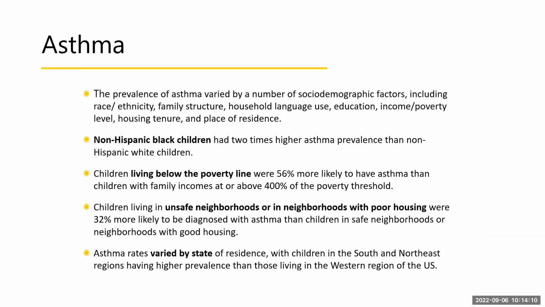And here's another little example, asthma. Non-Hispanic Black children have a 2 times higher asthma prevalence than non-Hispanic white children. And below the poverty line, you're 56% more likely to have asthma. Unsafe neighborhood, more asthma. And it varies by region. Children in the South and the Northeast have a higher prevalence than those living in the Western region. Now, it will be interesting to see if that changes with the wildfire situation in the West. All right,